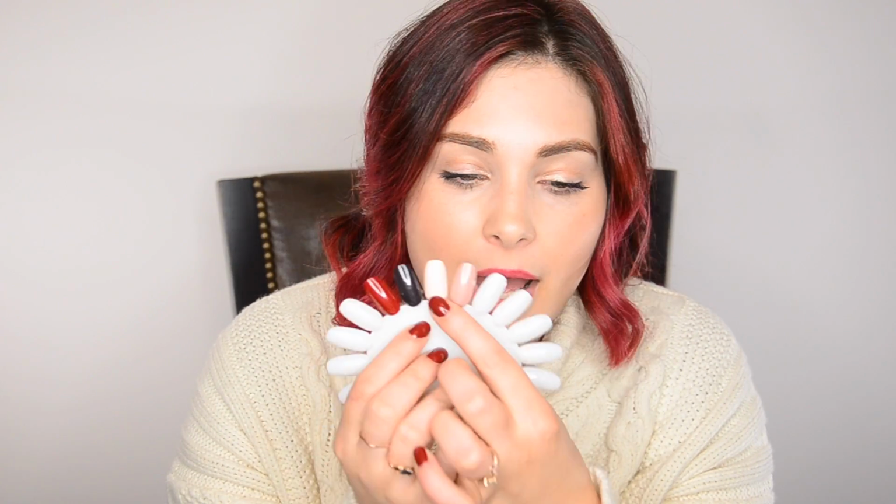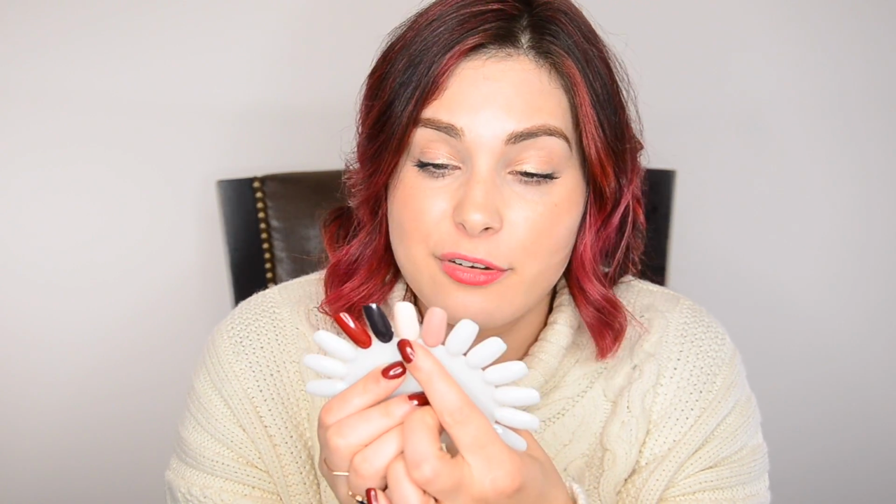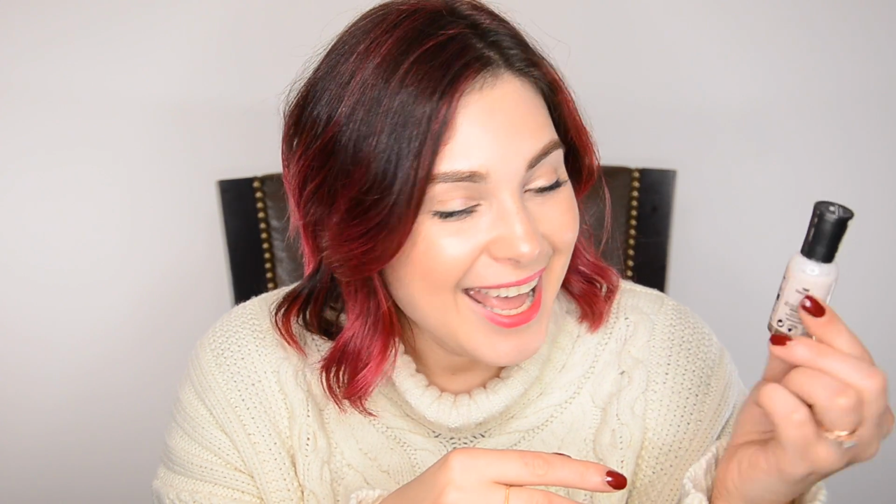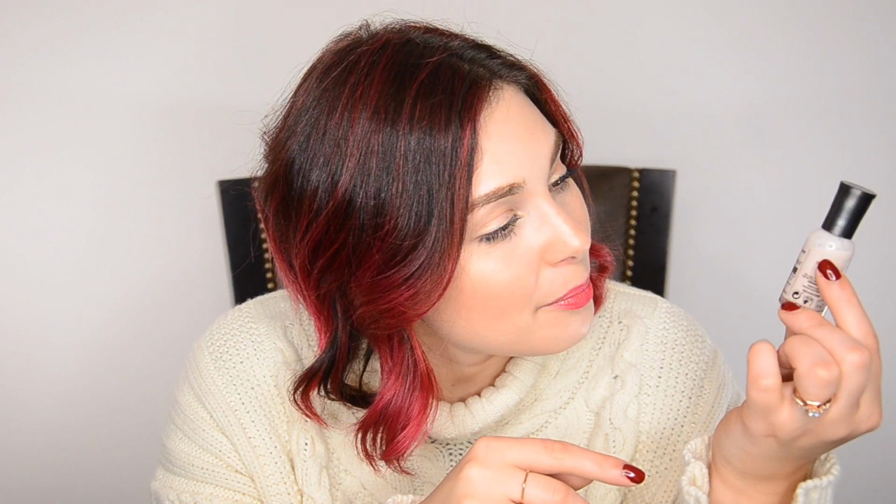Then we have this creamy color right here. And this is, funny enough, a budget pick. I do have the Sally Hansen Hard as Nails Extreme Wear polish, and it's in 196 Day Cream. It is a creamy off-white, kind of corally color, which I like. I don't like chalky whites. I have trouble with chalky whites. And it just has this slight bit of beige in it, so it's not so stark, which I really like